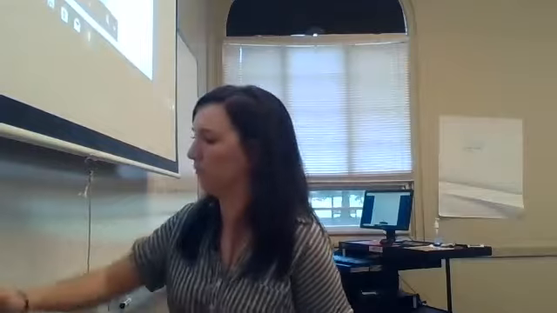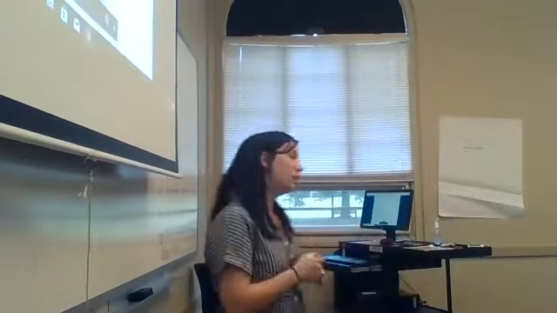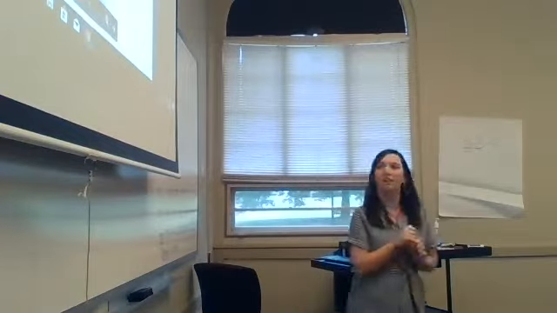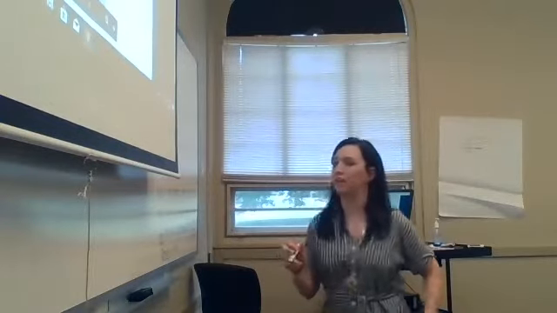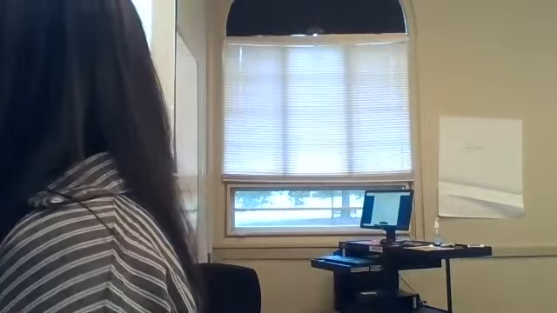Okay, so let's go through this together. And I want you to switch papers with your partners and check each other's to see if you got it right. Okay, so who are the characters in this story? Jamie and Grandpa. I'm gonna start over here. Make sure you can see to check it right. Jamie and Grandpa. All right.